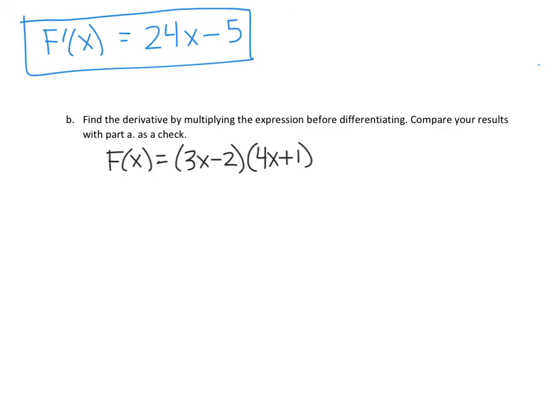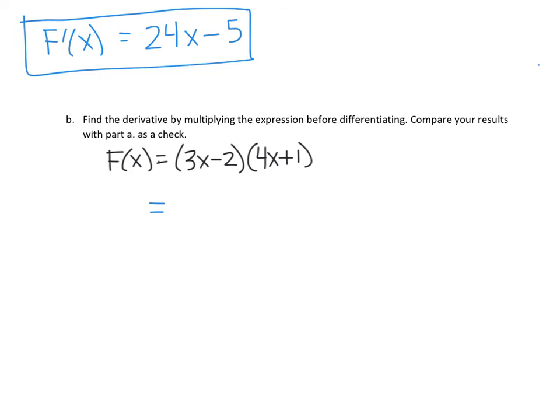Next, we want to find the derivative by multiplying the expression before differentiating, and then compare our results with part A as a check. So this is just a way to check our answer and make sure that we're using the product rule correctly as we get familiar with it. So our function F of x was 3x minus 2 times 4x plus 1. In this case, it's not too terribly hard to multiply this function out. If we multiply this out,